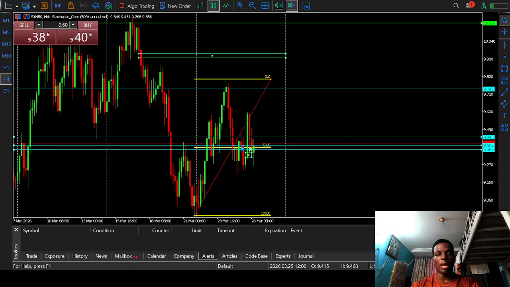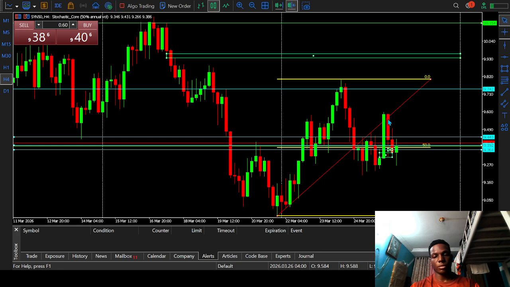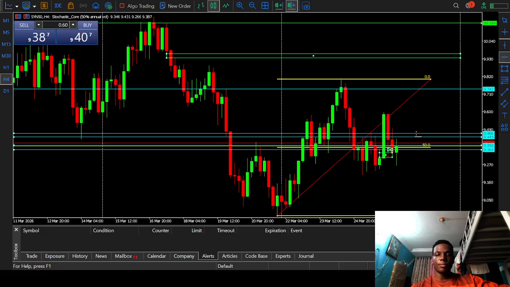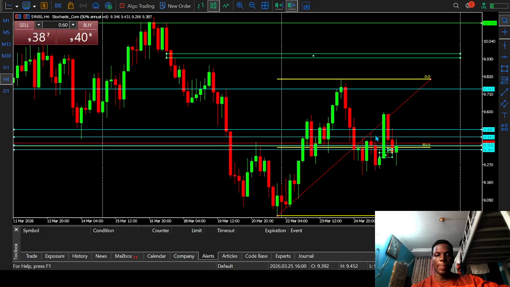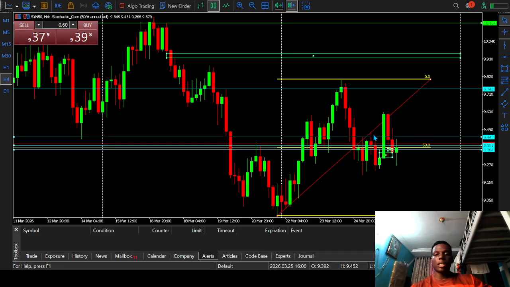All right, so I had to wait for a break of structure, which we got at this point. You guys can see. Okay, so we got the break of structure right here. Move up and then move down. Okay, that was our break of structure on the 4 hour, and I was like, bet. Market's telling us that it has retraced and is now ready for continuous buys.